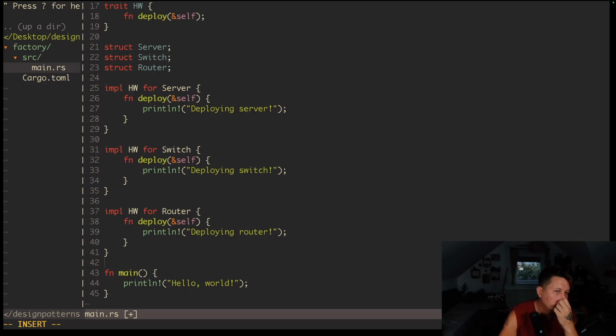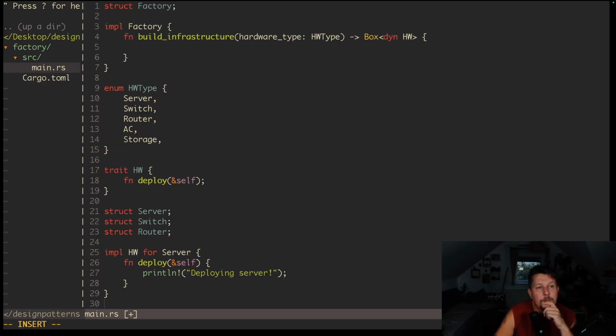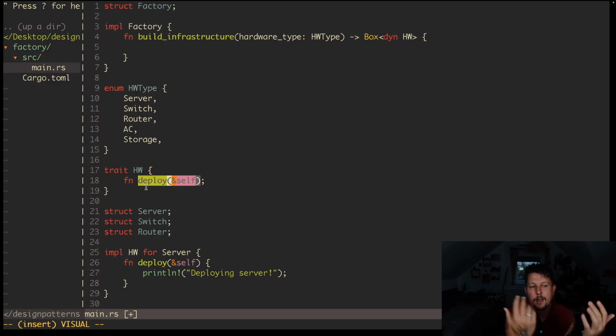So what parallel I may or may not have discovered in this case is that when we have a trait which is called HW, with a function signature deploy, it's as if we are using ABC or abstract base classes in Python, and we say that this is the skeleton, and anyone who implements the trait called HW must implement the functions defined in this signature or skeleton. And